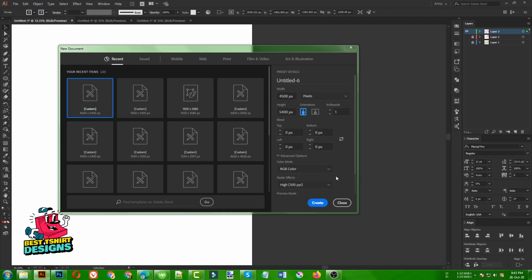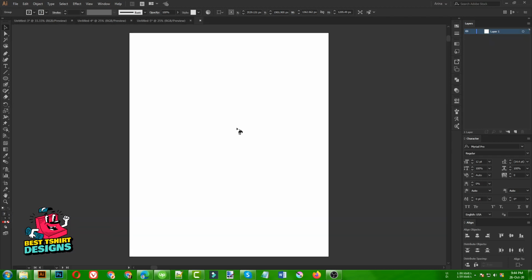Okay, I get a question about CMYK or RGB. So if you are working for a client like a Fiverr client or Upwork client, then you should ask your client if he is going to print it on a local printer or in a local way. Then you have to ask him if he wants a CMYK design or an RGB design. But if he is going to use a print on demand website, then RGB is the option for him. So you should make the design in RGB. So I am keeping this RGB 300 dpi, create.